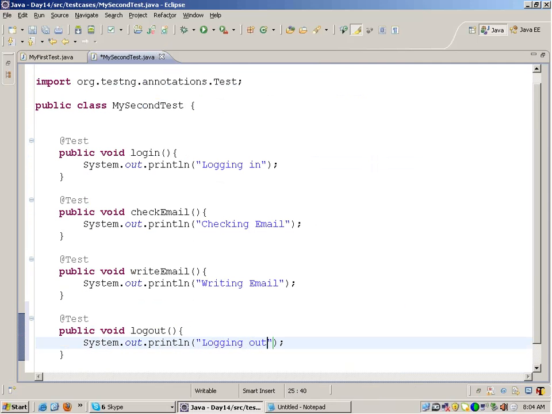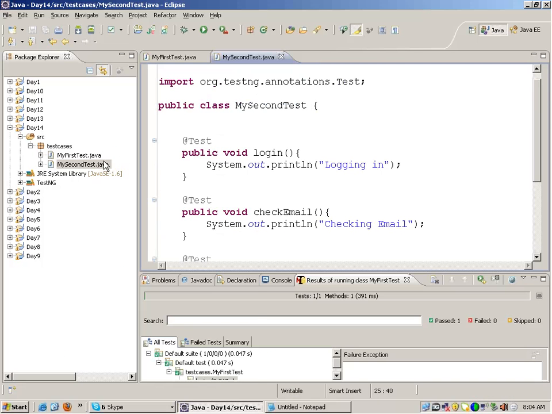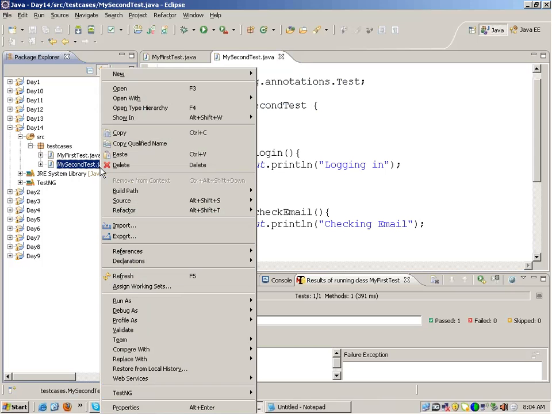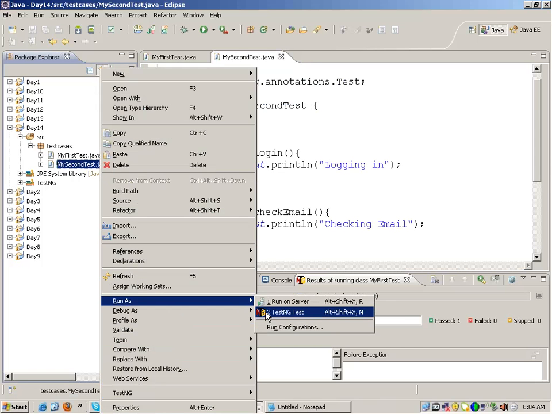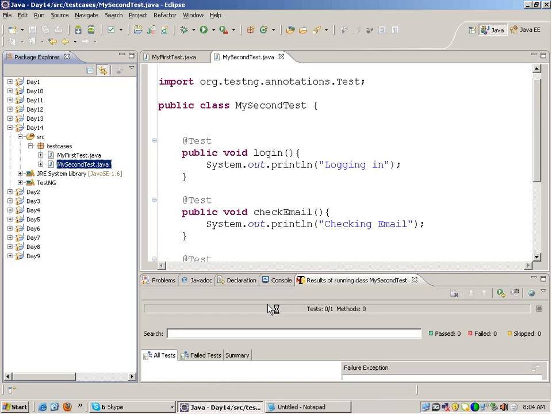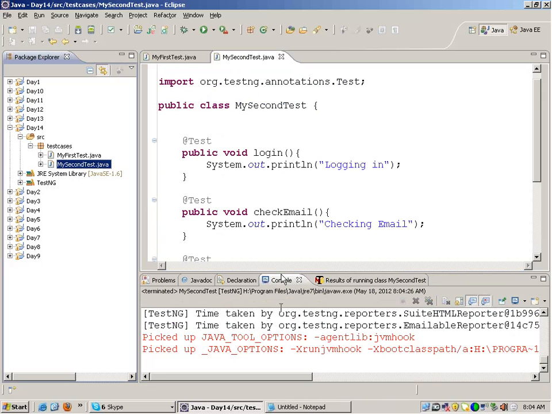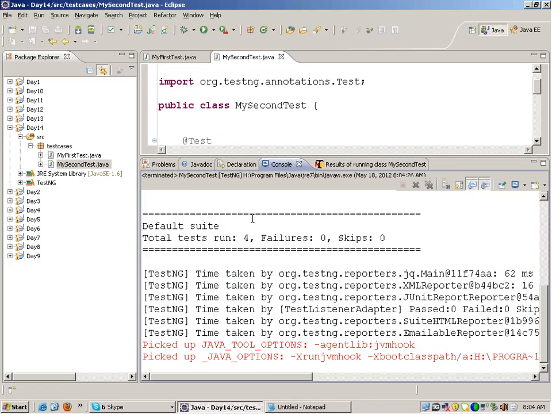TestNG annotation functions. Right now, if I right click on my second test.java and run it as TestNG test, okay, you will always get this option to run it as TestNG test when you right click, okay, because TestNG has been installed as a plugin inside Eclipse. So when you do this, you will see that it's written out here total test runs are 4, and if you look